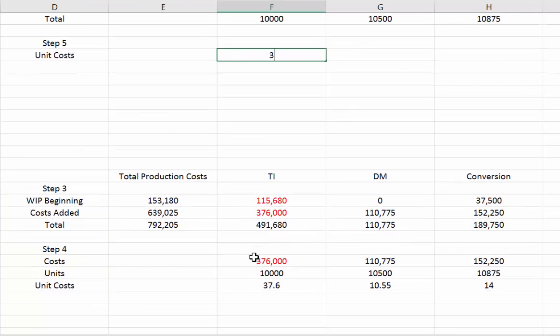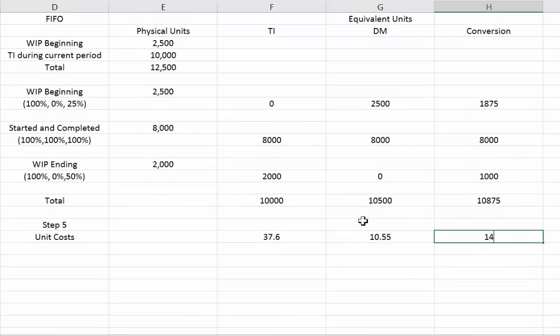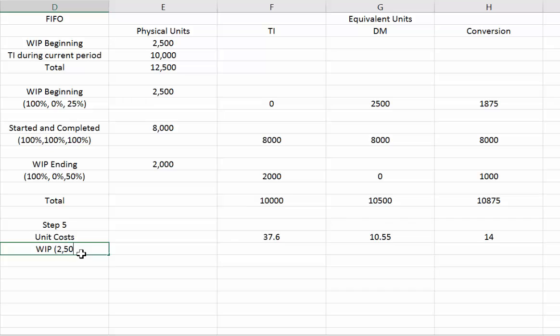So it's $37.6 and $10.55 and $14. Okay, so under each category, these are the unit costs. So now I'm going to take a look at the WIP. For the WIP, 2,500 units are completed and transferred. So left over, and in the beginning I'm going to go ahead and pull out